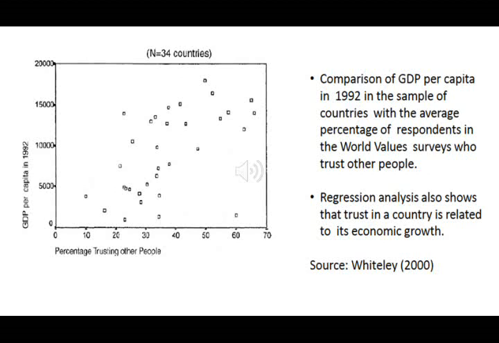So the higher the percentage of people who trust each other, the higher the GDP per capita in the country, which is of course because of the reasons that we mentioned before, like the reduction in the transaction costs, which will make people focus more on working, on productivity, and not wasting a lot of time on trying to enforce contracts and so on.